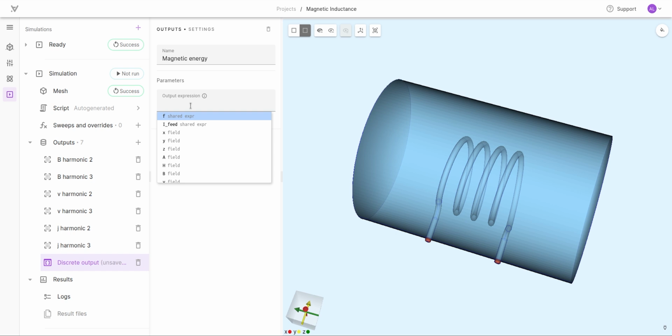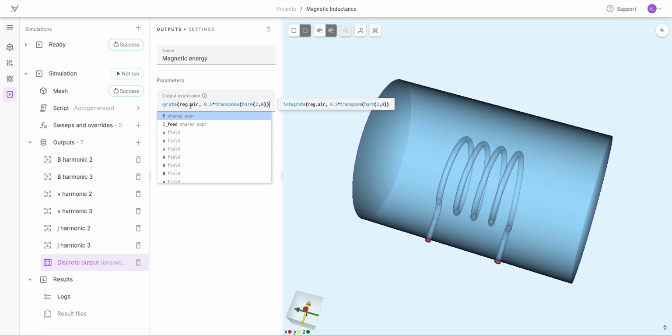So for the magnetic energy, we'll write integrate, and we use the region air, and then the formula is that we take the transpose of the second harmonic of the magnetic field strength H field,